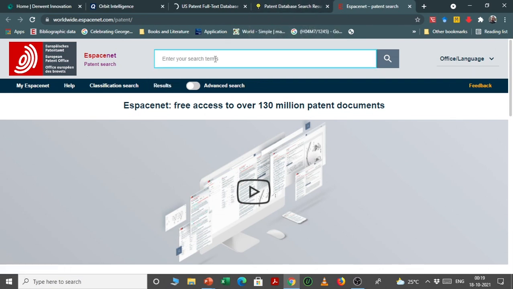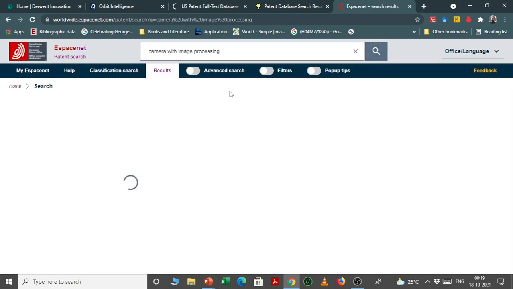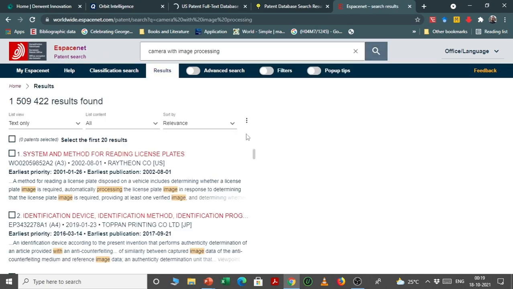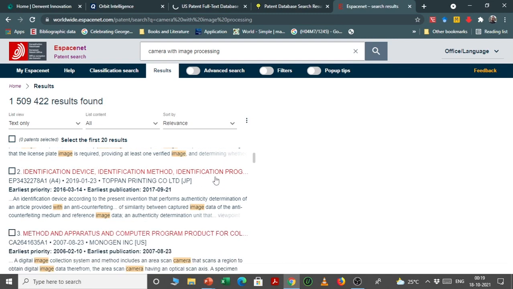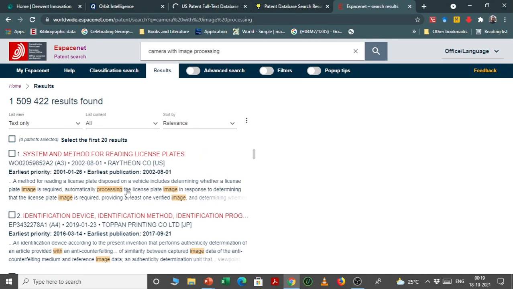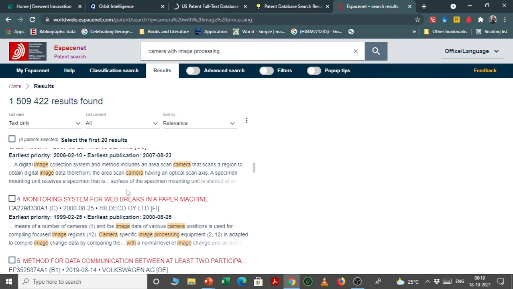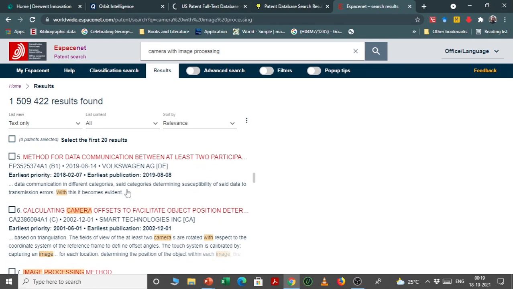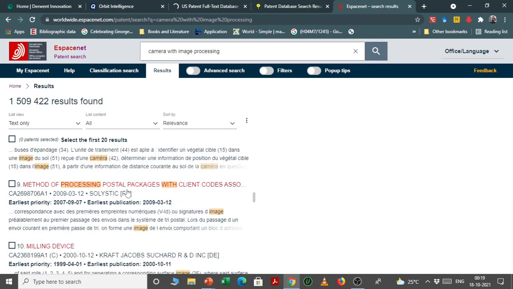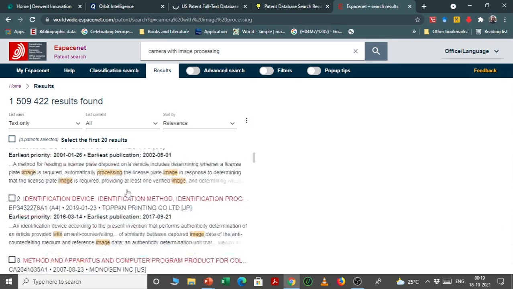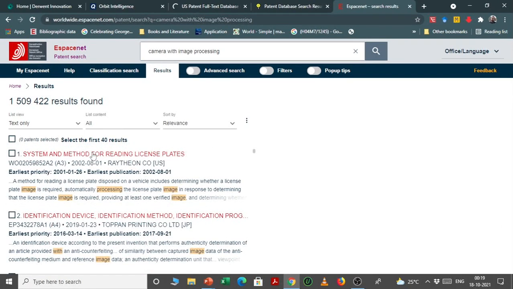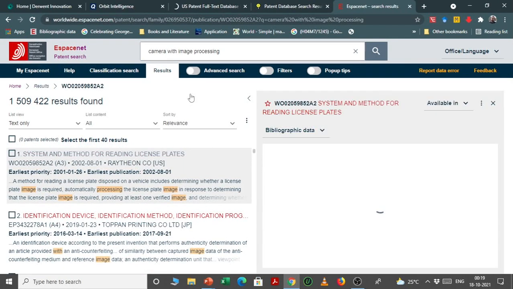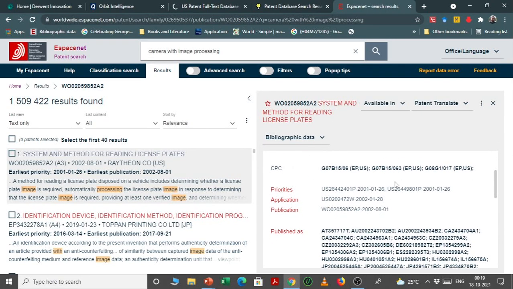For example, you can simply write your topic and search, and it will provide you all of the patents filed related to that topic. And you can open a particular patent document, and it will show that document here.